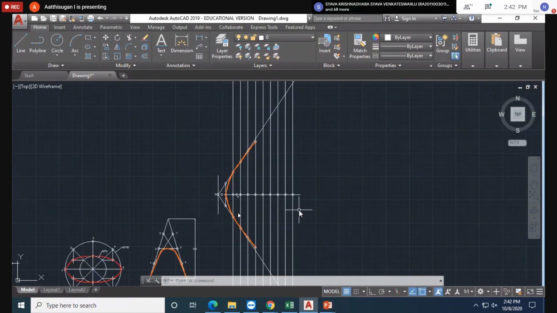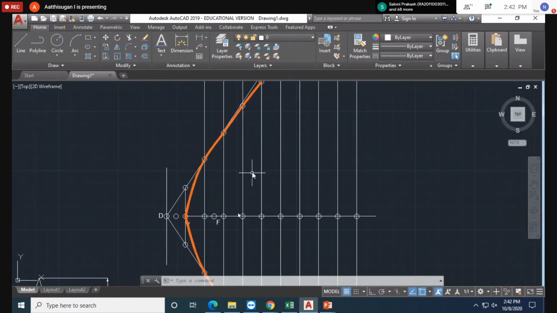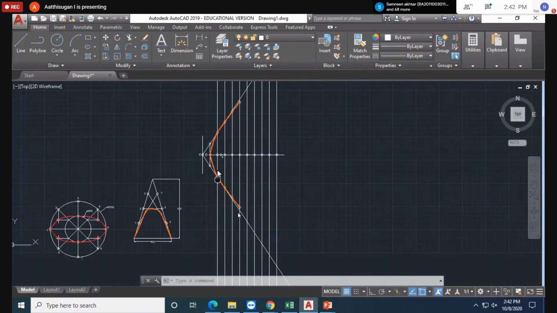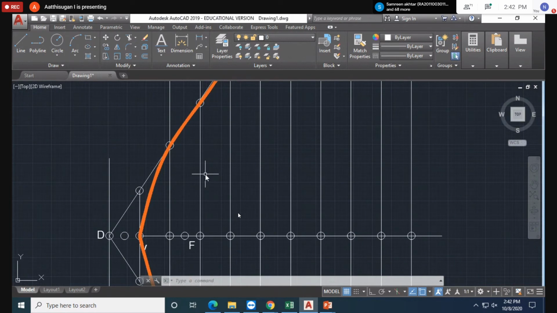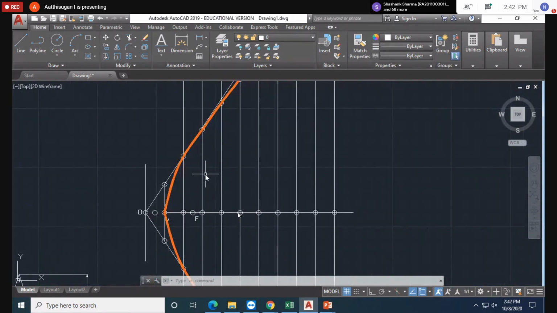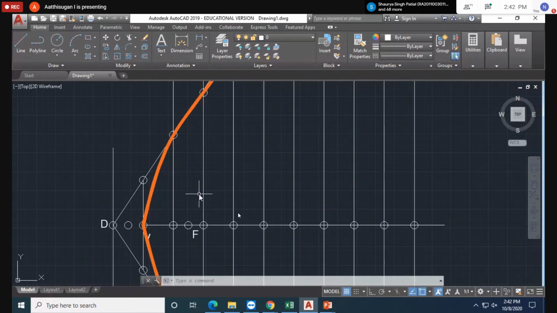Any doubt for this question? The hyperbola eccentricity method. Here I did it with the line option as well as the circle option. Whichever method is easy, you can follow. Sir, the only requirement of eccentricity is to define the distance between the directrix and focus only, no?